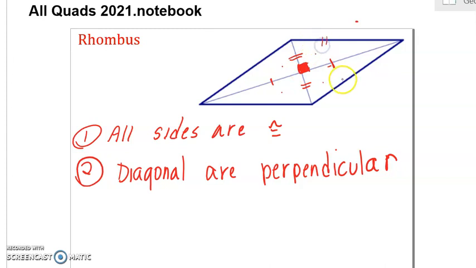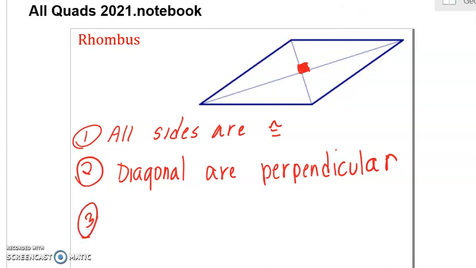Or if these are the same, then it's by hypotenuse leg, whatever you want to call it. But all 4 of these triangles end up being exactly the same,